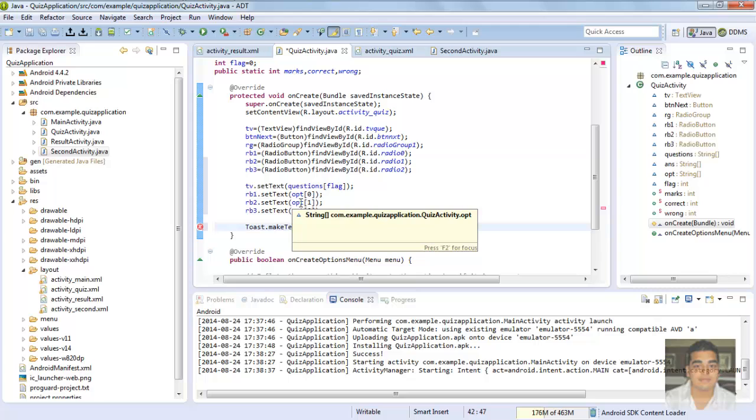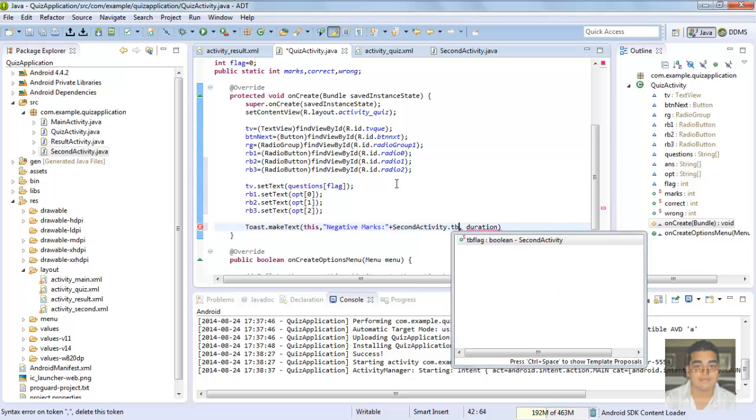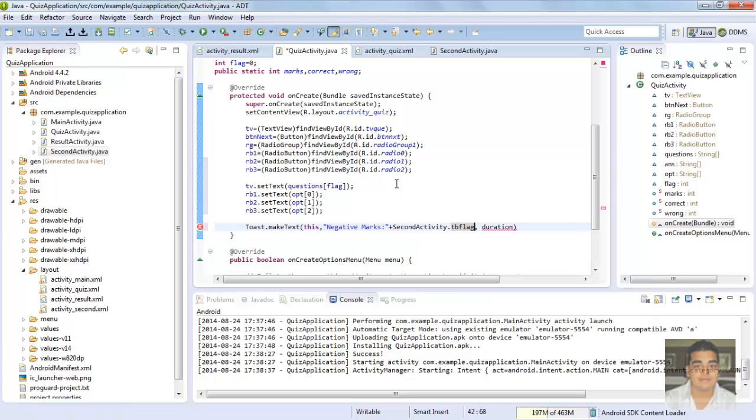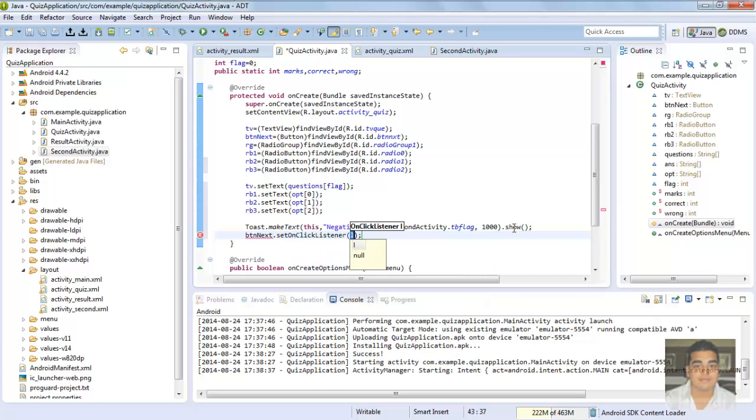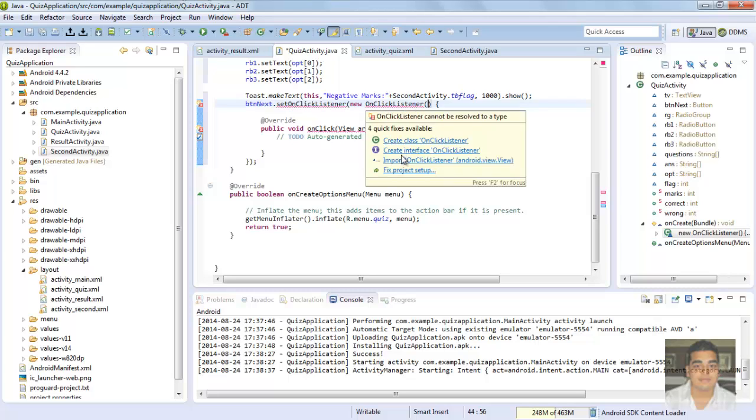Here we have to use the second activity dot TB flag which shows the true or false. Let's set to 1000 dot show. After that, btn next dot set on click listener. You know now whenever listeners comes we had to write the new keyword. After that, just import